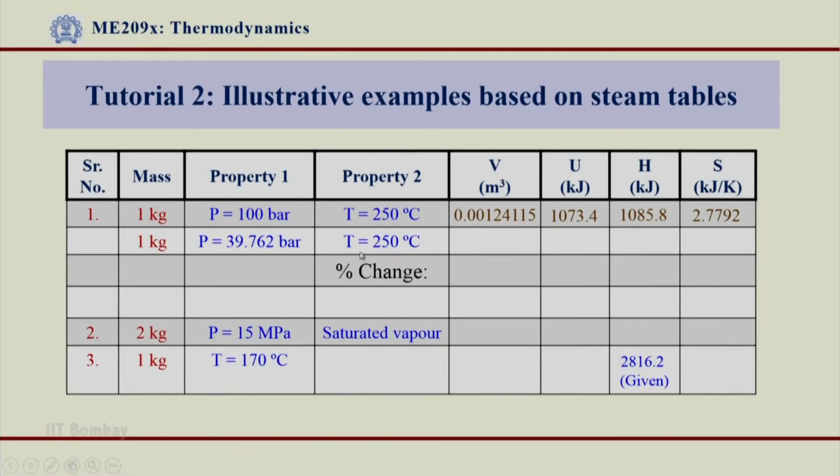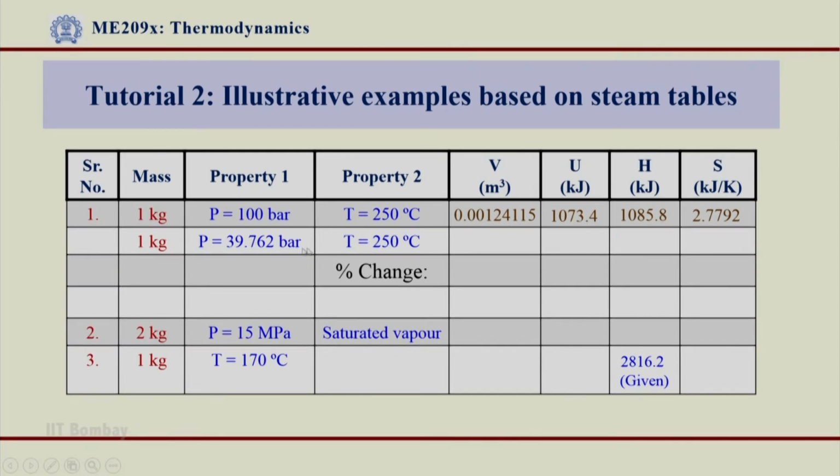And the corresponding PSAT, because we are at 100 bar, which is much higher than the PSAT value, can we now see if I take the values at PSAT, which is what you see here in this table, PSAT at T is 39.762 bar. So just for the sake of it and just for the comparison purpose, I would like to get the values from the table. At pressure 39.762 bar, temperature 250 degrees centigrade, let us get those values and let us just compare the values at this saturation condition and values at subcooled condition in this case, alright.